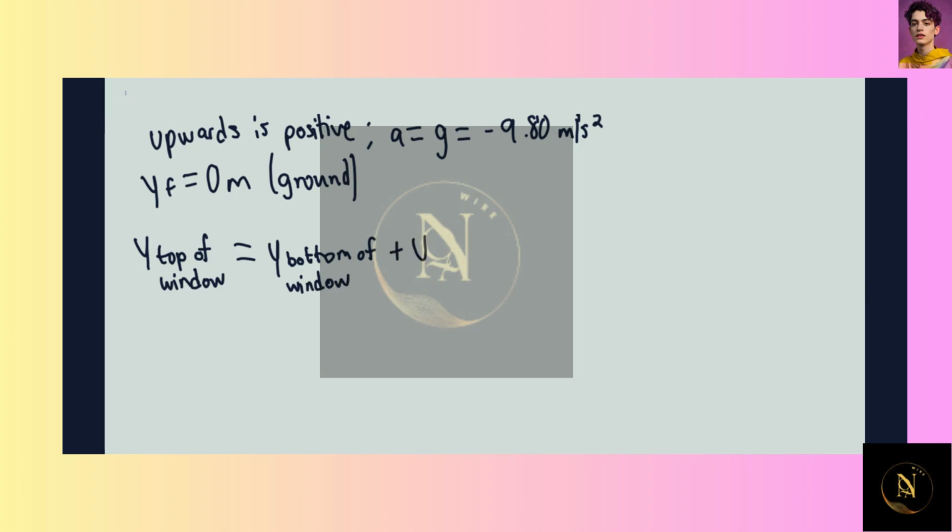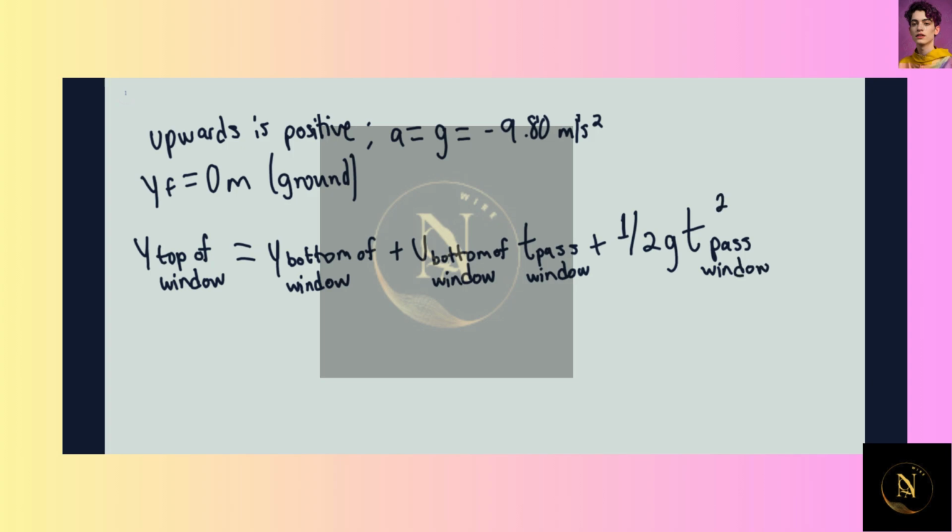plus the velocity at the bottom of the window multiplied by the time it takes to pass the window, and then plus 1/2 g times t, the time it takes to pass the window, quantity squared. And so we can solve. So we can say that 10 meters